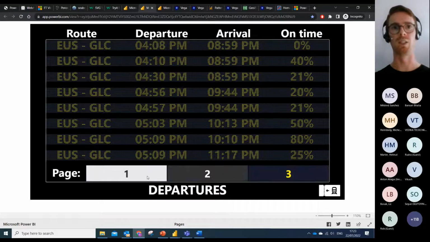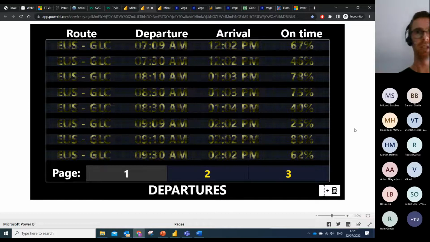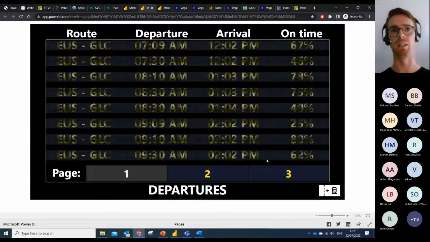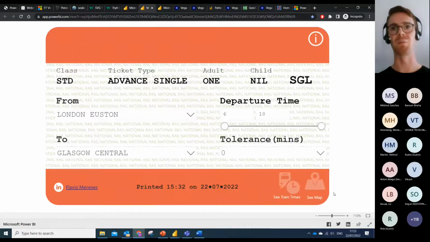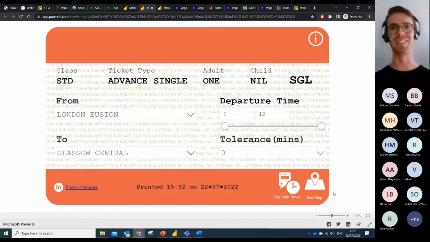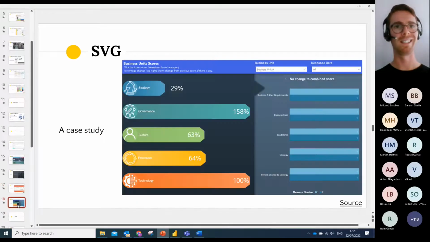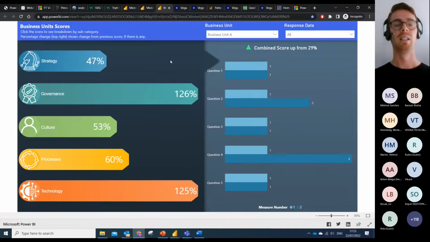So it's quite interesting. This station screen was done with a different technique I'm not going to be talking about today. But again, I hope this also shows you the type of thing you could be doing with SVG and other techniques inside Power BI to do some very different reports. It's not something you do in a normal business context, but it just goes to show the functionality you can build into these things. And the final case study I will show you on SVG is this right here,